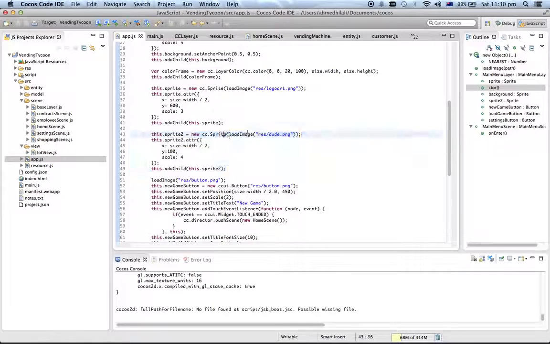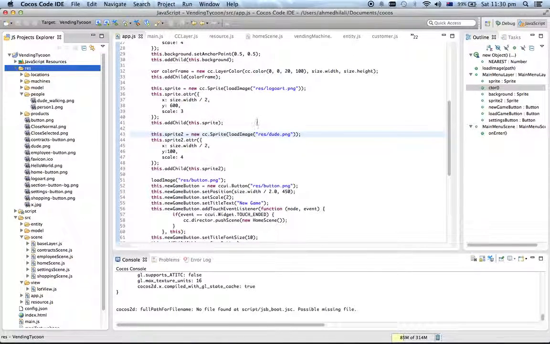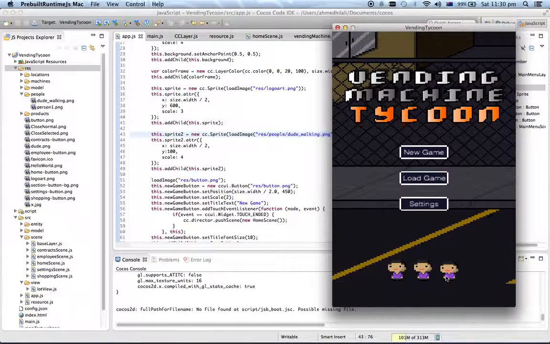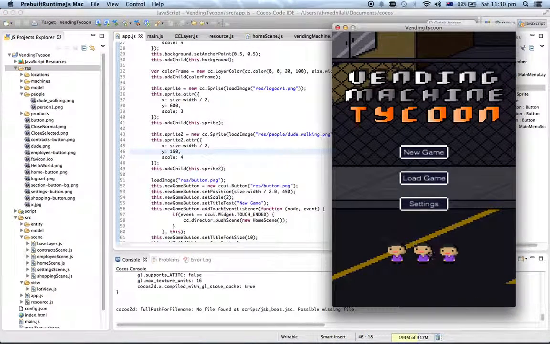So this is the sprite here. Now I'm going to change it so that it points to dude walking. So /people dude walking.png. And you're going to see three guys here. So what we actually need to do is, let's move it up a bit. Yeah, this is a good spot. What we actually need to do is